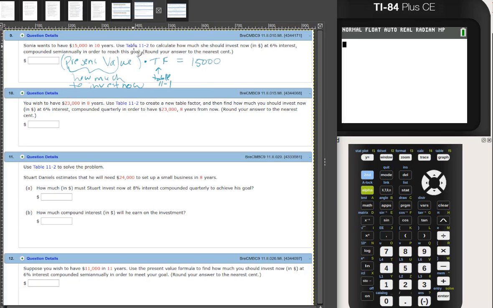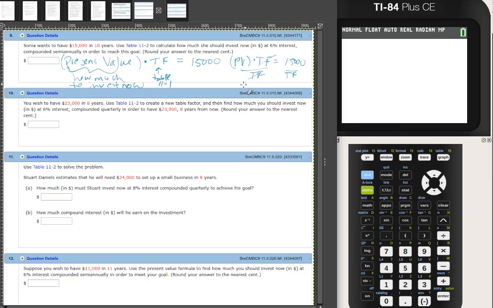So actually where this table 11.2 comes from is that if we just take this equation and we solve it for the present value, so in other words, we just divide both sides by the table factor, we will have the present value, which I'm going to write this one, times the table factor equals the 15,000. If we just divide both sides by the table factor,